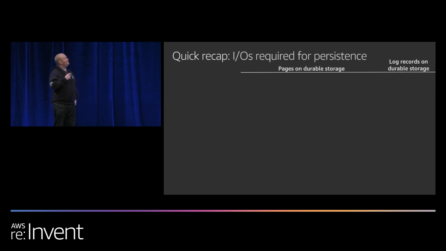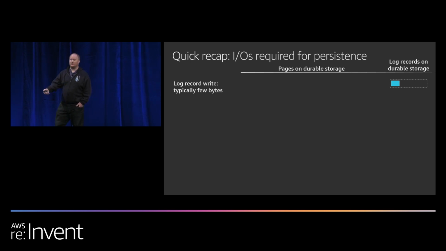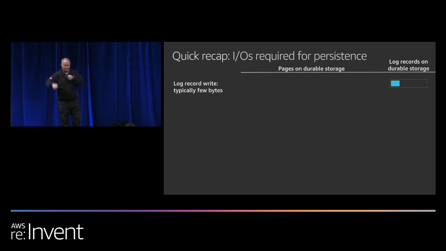So what IOs are actually required now for persistence? The same type of columns here. So we have the log record write. As soon as a transaction is committed, you need to write the log record to disk and wait for the disk to acknowledge before you can tell the app that it's done, right? Because otherwise we could lose data and end up in an inconsistent state. Then